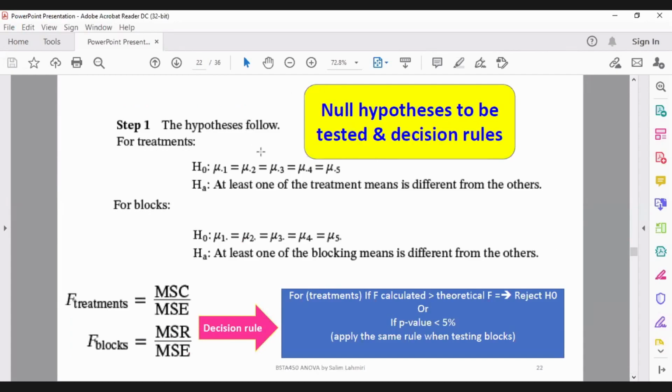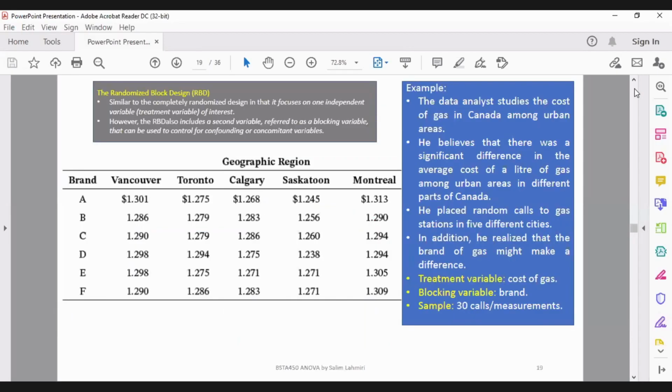So the hypotheses follow for the treatments. These are the null hypotheses to be tested and decision rules. So we got a null hypothesis for treatments, we got a null hypothesis for blocks. For treatments, we got H0: mu1 is equal to mu2 is equal to mu3, mu4, mu5. Alternative one, at least one of the treatment means is different from the others. Okay? One of the treatments is different from the others, meaning that at least,